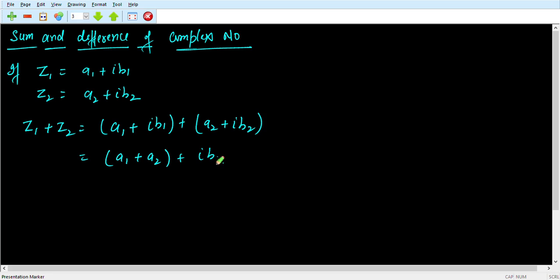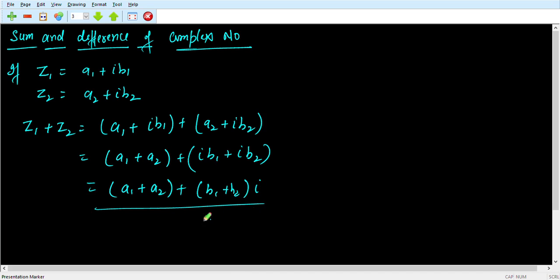So iota b1 plus iota b2, we are going to take the iota common. So (a1 plus a2) plus (b1 plus b2) iota. So we can see here z1 plus z2 will give the sum of the real parts plus the sum of the imaginary parts. If I want to subtract two complex numbers, the result will be like this: